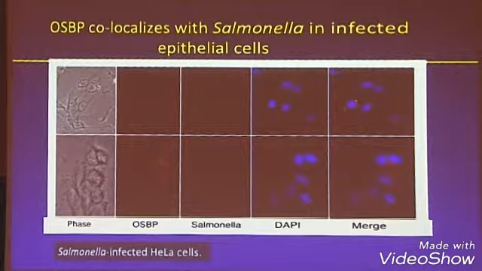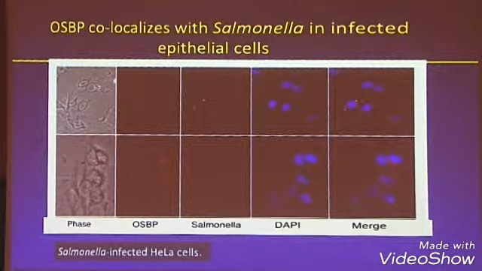So then what happens? Where does OSBP go? Once we had a look where we couldn't see it in these cells, we basically started staining for OSBP, and it's a little bit hard to see, but here's Salmonella here. You can see this OSBP label seems to co-localize with Salmonella. It's really hard to see up here, but on the screen it's quite strong. You can see OSBP seems to be co-localizing in the area of Salmonella, again here versus here. So, actually, maybe you'll see it better on the merges up here.